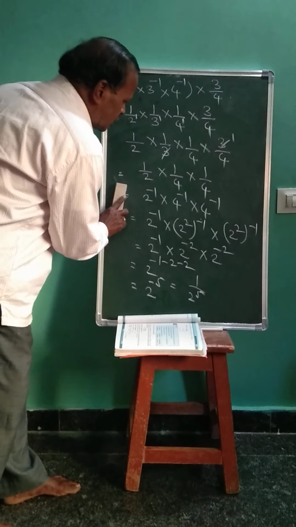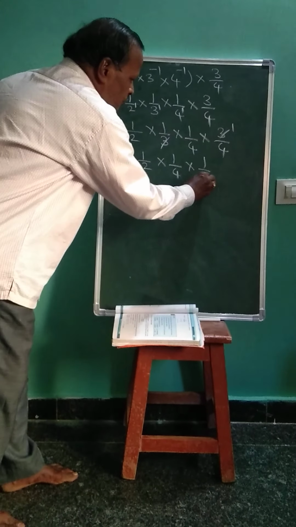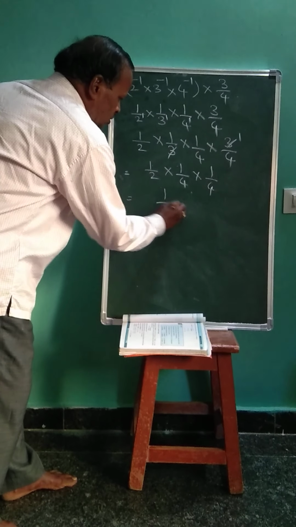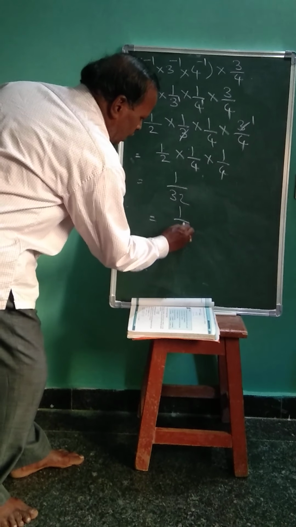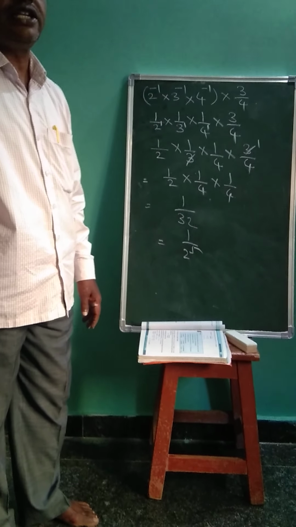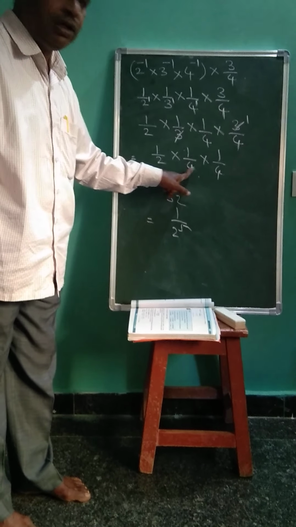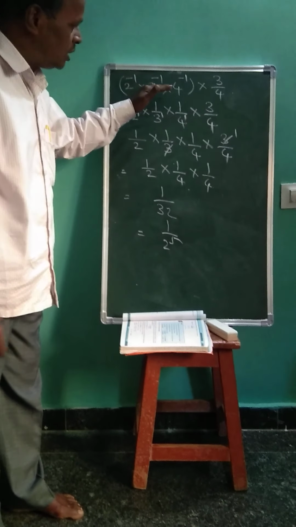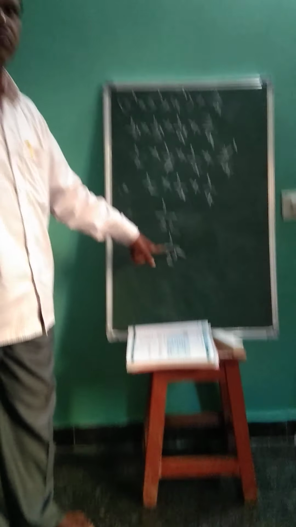I will show you another method also. Same problem, another method, without using properties. You see, 1 1s are 1, 1 1s are 1, 2 4s are 8, 4 8s are 32. That is equal to 1 by 2 power 5. Because 32 is 2 five times: 2 2s are 4, 4 2s are 8, 8 2s are 16, 16 2s are 32. So 1 by 2 power 5. So by using properties also we can simplify, and without using properties also we can simplify the answer.